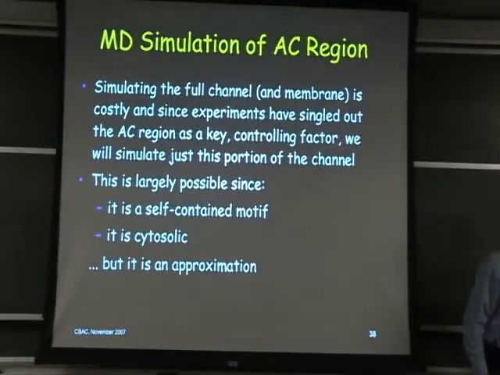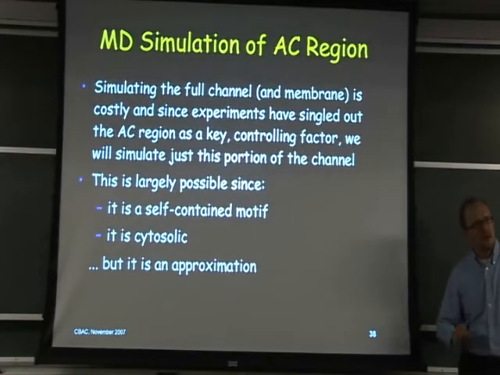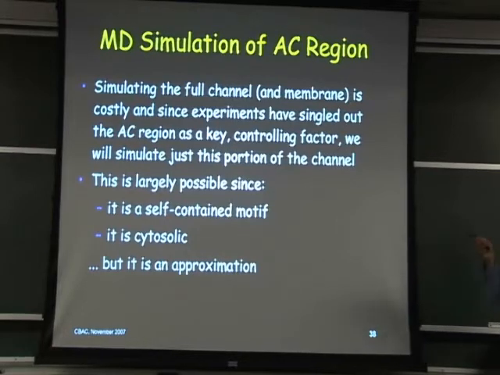Now, in simulating our system, we're going to make a pretty hefty approximation at this point. Okay? That channel I just showed you, very nice. Right? We've got the lipids, we've got the water, we've got ions, we've got everything we want. Okay? But it would mean that I would never get an answer before successive grand tools. So what we're instead doing is we ignore the full channel, okay, and we just focus on the RCK region. This is the key part which is picked out in a couple of the chimeras, okay, and the epilepsy mutation, and so on. And we're just going to focus on the dynamics of the RCK region.